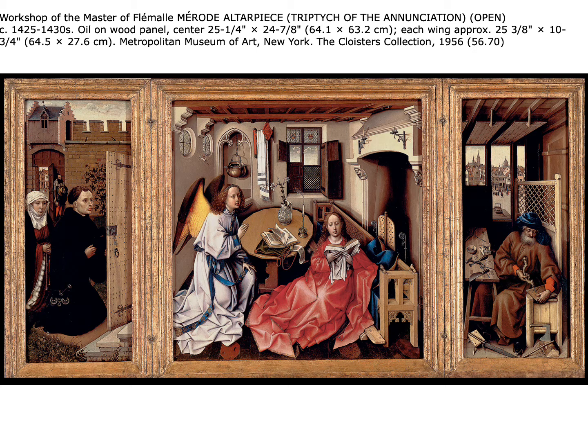You can see that Robert Campin uses twisted perspective. Twisted perspective simply means that some of the scene is looking head on at the scene, like we see Mary's face, it's frontal and looks directly out at the viewer. But then you see the tabletop beside Mary tilted up towards the picture plane so that you can see what is on the tabletop, as well as Joseph's carpenter table is tilted upward so you can see what is on his tabletop. Joseph is making mousetraps.